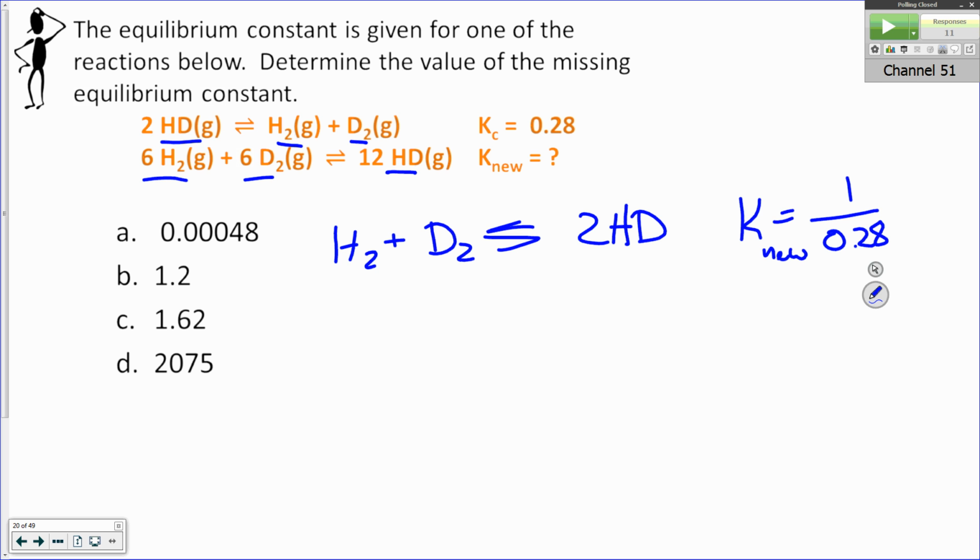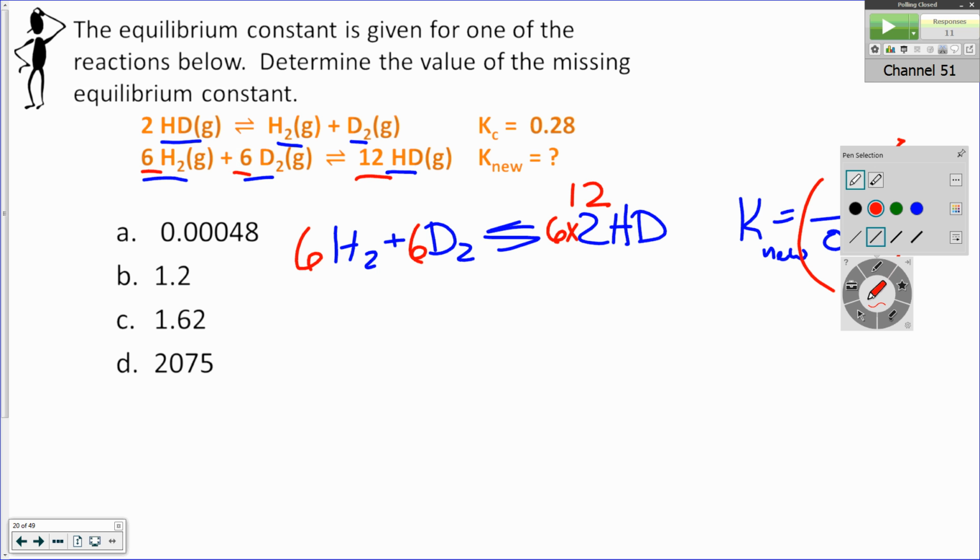But now I need it 6 times because I need 6, 6, and 12. So 6 times 6 is 12. I need to take it to the 6th power. And when I take it to the 6th power, I get